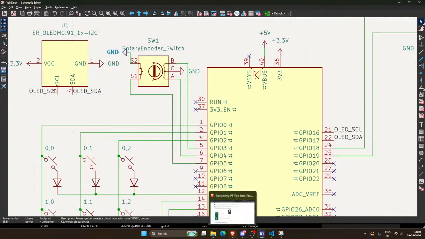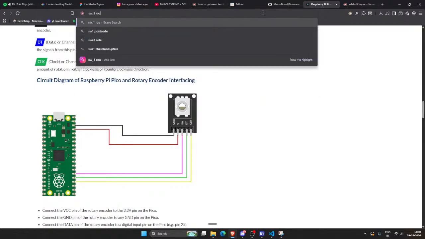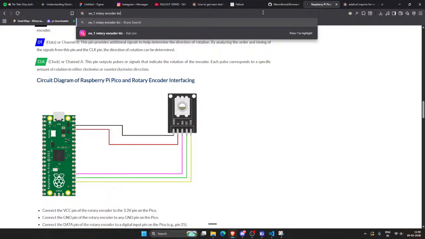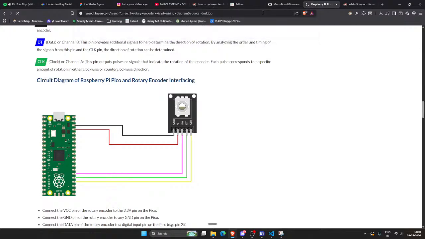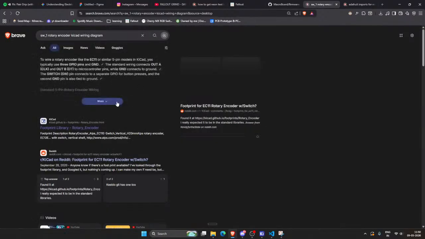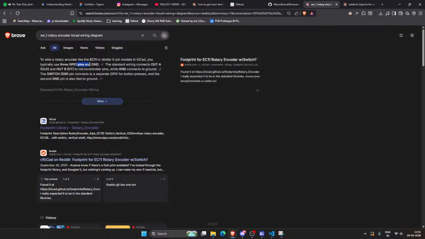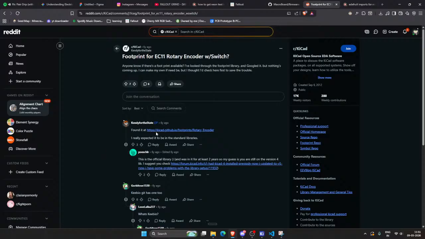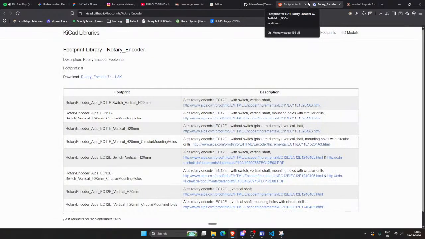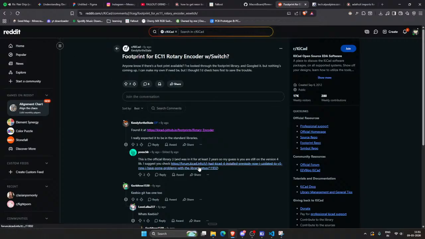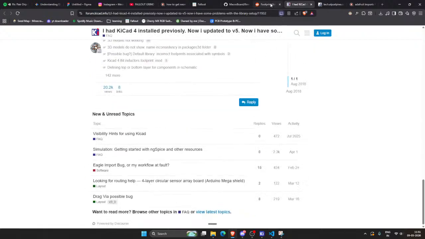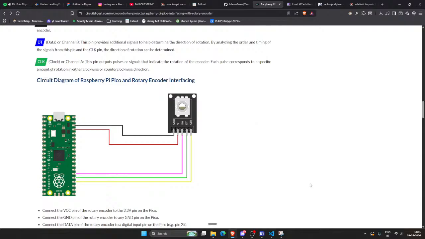Is W1 rotary encoder switch? I do have three pins connected to